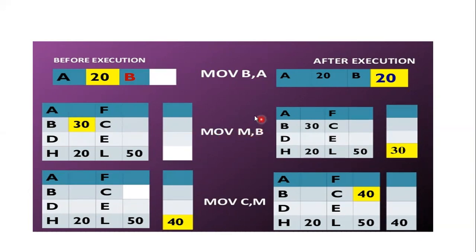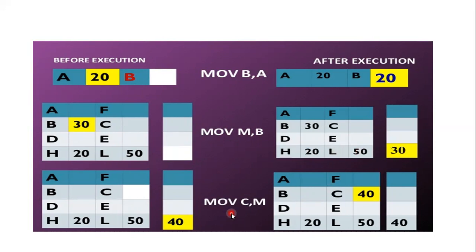So that is the use of this instruction, from register to memory. MOV B, M. Before that, B has the value 30 and the address 2050 has no value. After execution of this statement, this 30 is moved to the memory addressed by HL.